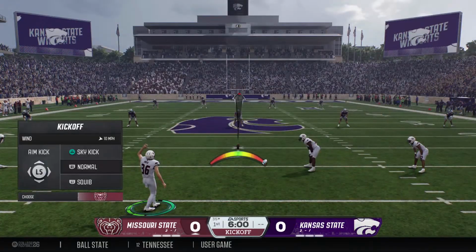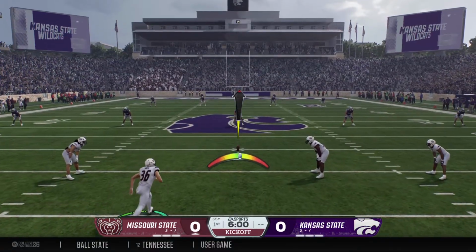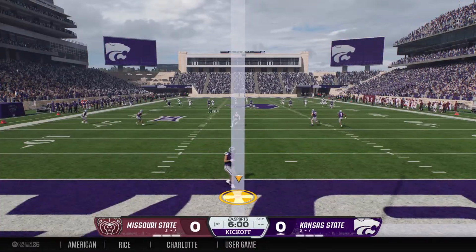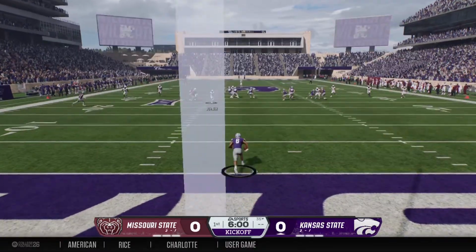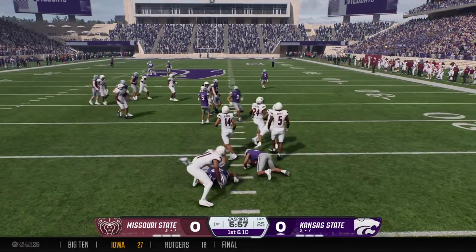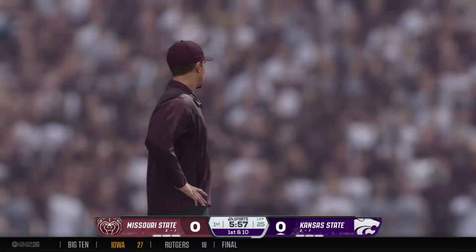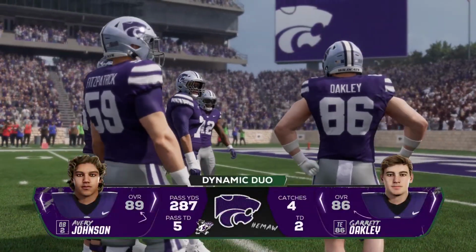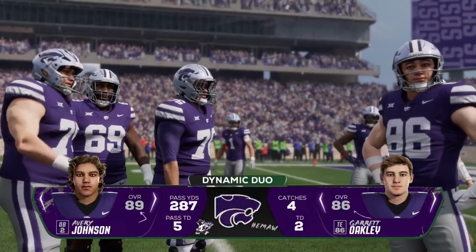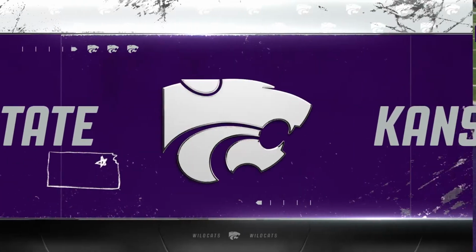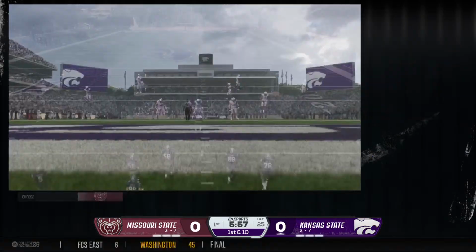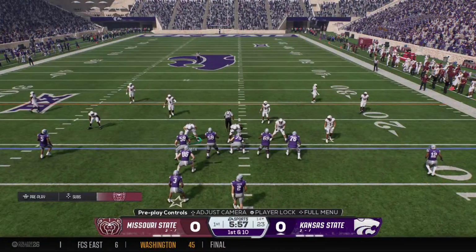And the Bears will get us underway with the opening kickoff. He'll bring it back looking for help. Not a whole lot of room to operate on that return as the coverage unit was there and ready. So Kansas State's offense will have the football first. And when these two guys are in sync the way they were a week ago, just a nightmare. It's a performance they hope they can repeat this week, Jesse.